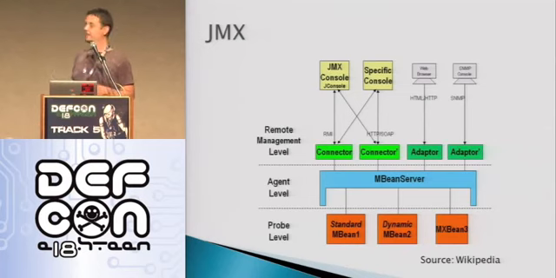What you've got at the bottom here is the instrumentation layer, the probe layer, and basically that's where MBeans, or management beans, sit that allow you to manage the internals of your app server. Then there's an MBean server that allows you to interface with those, and the ways that you interface with them is via connectors and adapters. The difference between the two is not really important, but the point is that there are a lot of different ways that you can connect in and ultimately interface with these MBeans, which as an attacker is what you want. You want to get in and remotely manage the server.